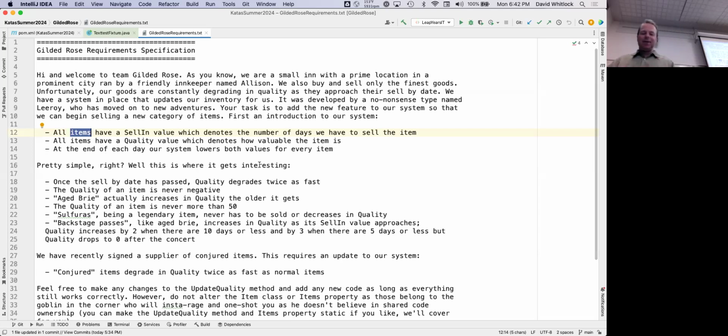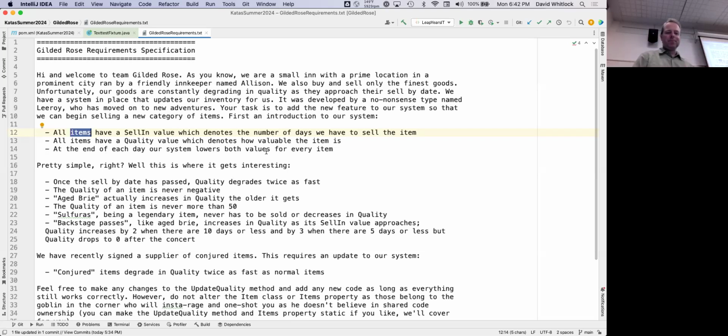Right, most things have an expiration date, or at least things that are sold here at the end have an expiration date. And so then they have a piece of software that keeps track of their inventory, and so you know what's expired, so you should throw it out. And again, the person who originally developed it, Leroy, ain't here anymore. So all you've got is the code, and no one to really talk to about it. And of course, they hire you as a new developer to work on this, and there's a new feature they want you to implement.